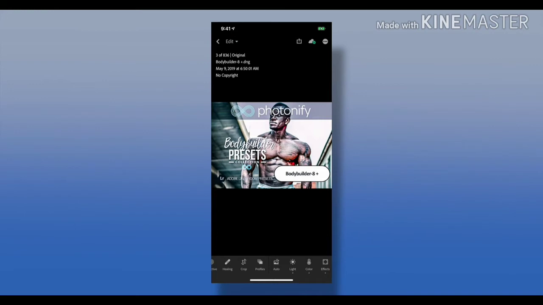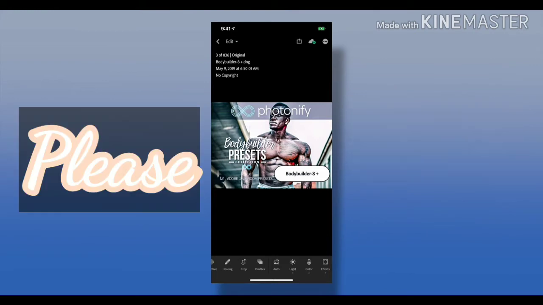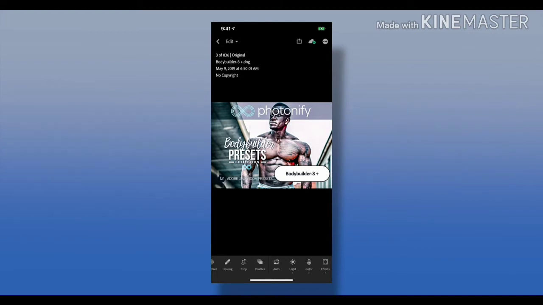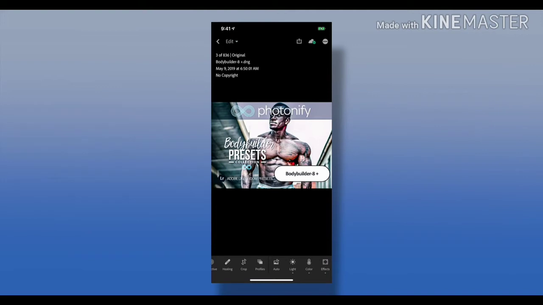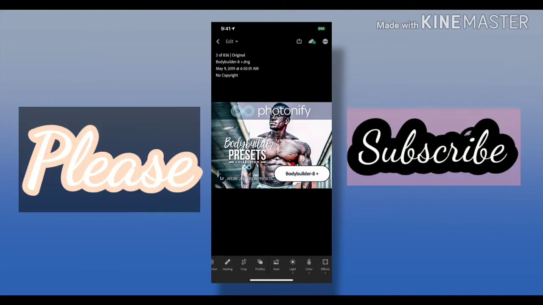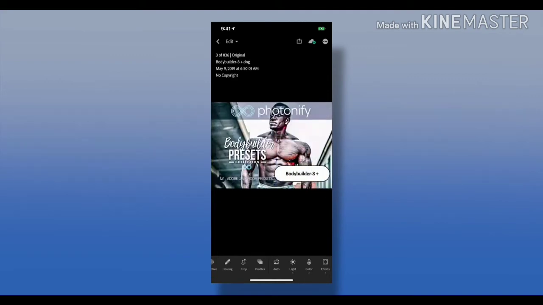So the objective now is to create a preset out of the data that is stored inside of this DNG file. And so that's what I'm going to show you now. So we have this photo here that has the bodybuilder preset built into it. We have a couple of them, right? And we see the name here,